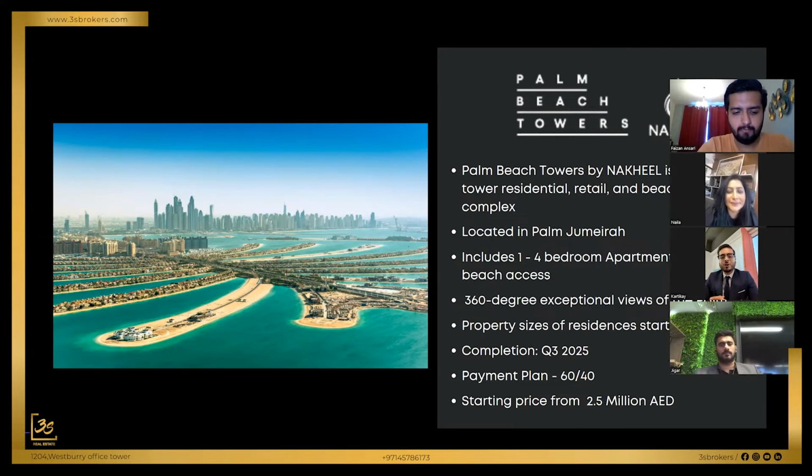which, as the name suggests, is located in Palm Jumeirah. So this is the third tower of the